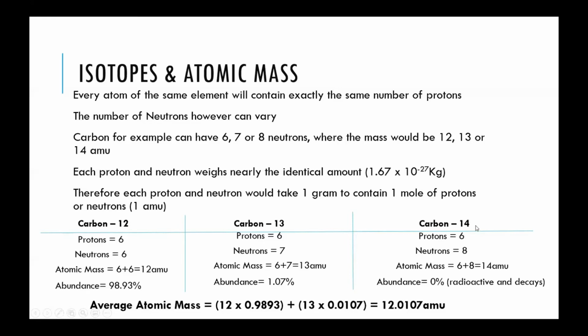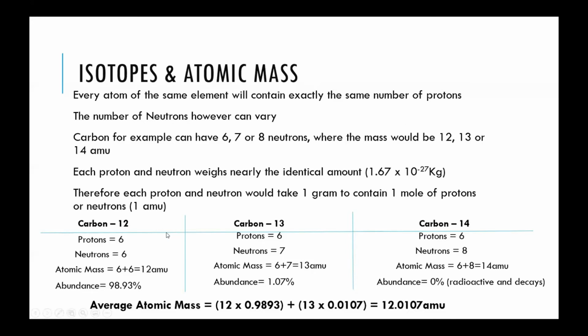The last isotope of carbon that can exist is carbon 14 with 6 protons and 8 neutrons with an atomic mass of 14. This one, however, has an abundance of 0. This is because carbon 14 is radioactive, and if ever it exists, it breaks down and reverts back to one